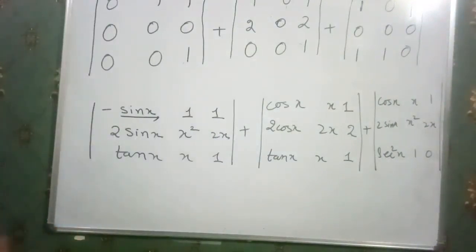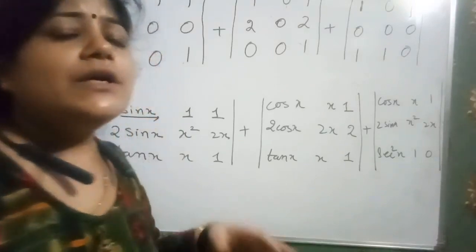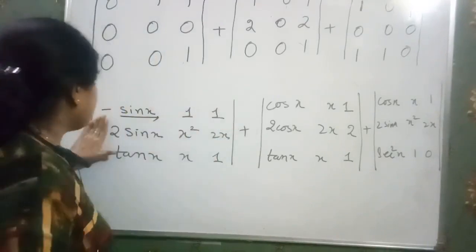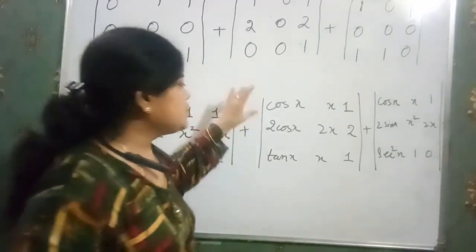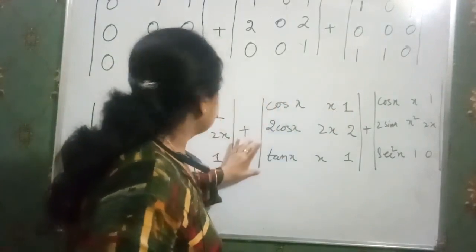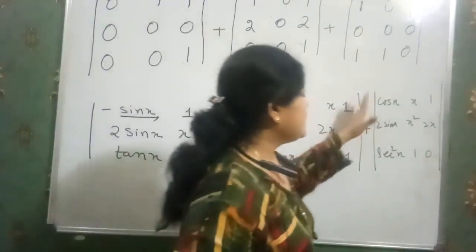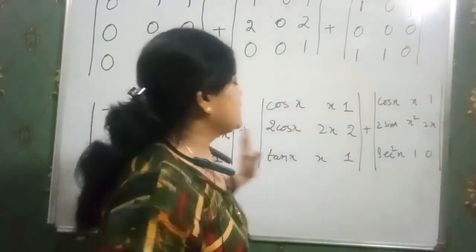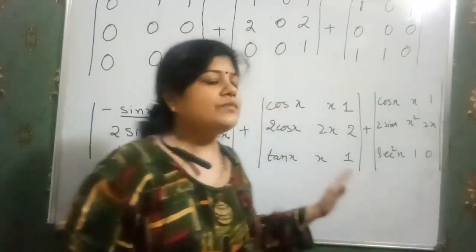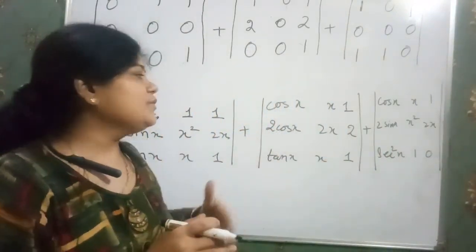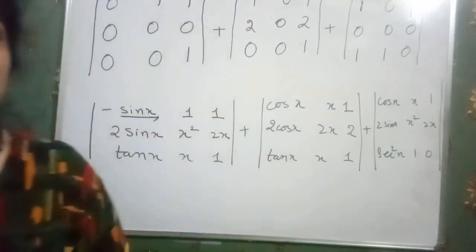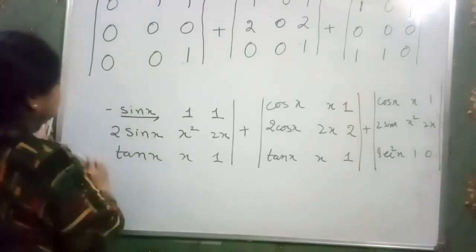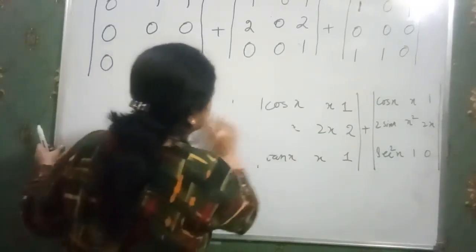The concept which I am trying to teach you is that in order to find the differentiation of a determinant, we firstly differentiate the first row, keeping the other two constant. In the second portion we differentiate the second row, keeping the other two constant, and in the third portion we differentiate the third row. In this way our determinant gets split into three different determinants, and after putting the values and adding them we get the final answer. This is the base of these types of questions. Now I am going to expand our determinants and find the values of the three determinants.